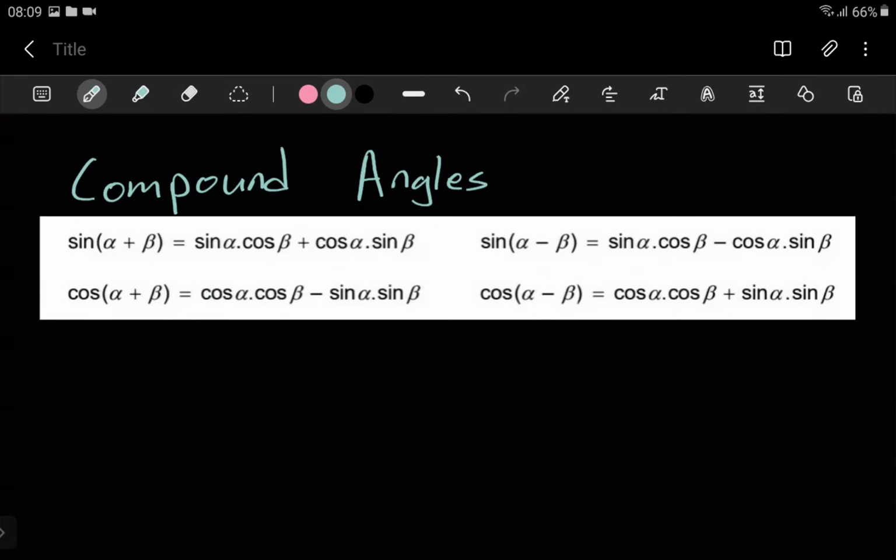You see, and these are other variations. There's sine with something plus something, and then the sine with something minus something. Same goes for the cos. There's cos with something plus something, and then there's cos with something minus something. You see? So these compound angles,